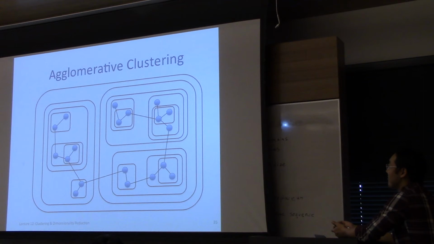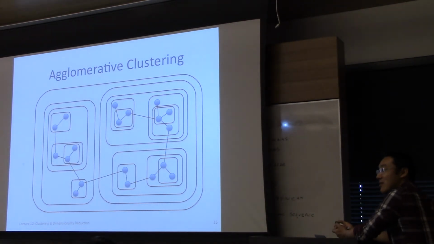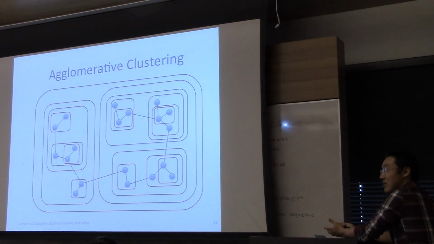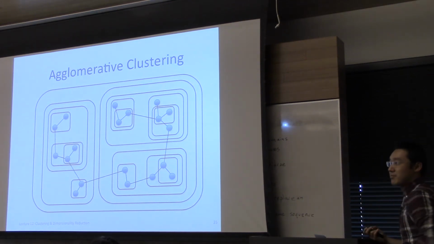So now we have a spanning tree over the data points. The structure and the order in which we added to the spanning tree determines what the root is. And then the leaf nodes are the agglomerative clustering. So we build this clustering from the ground